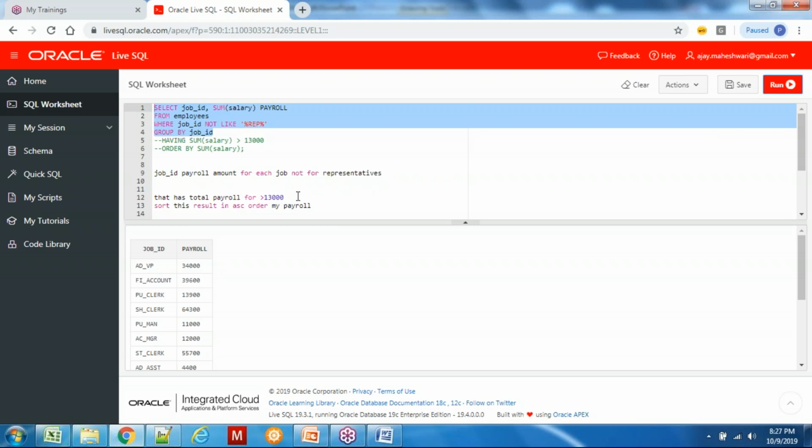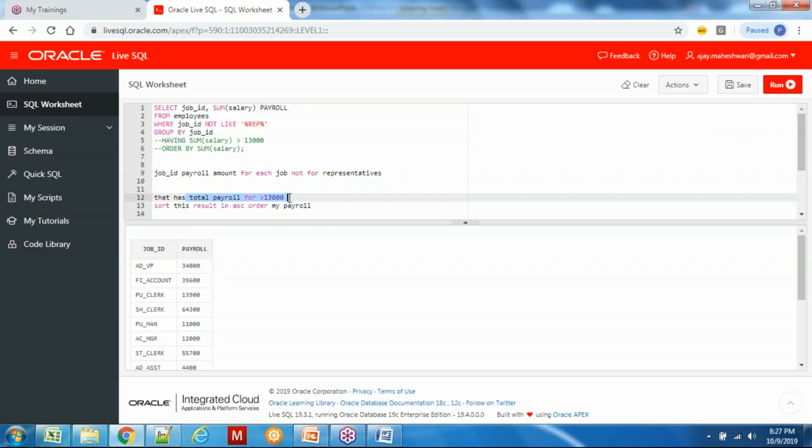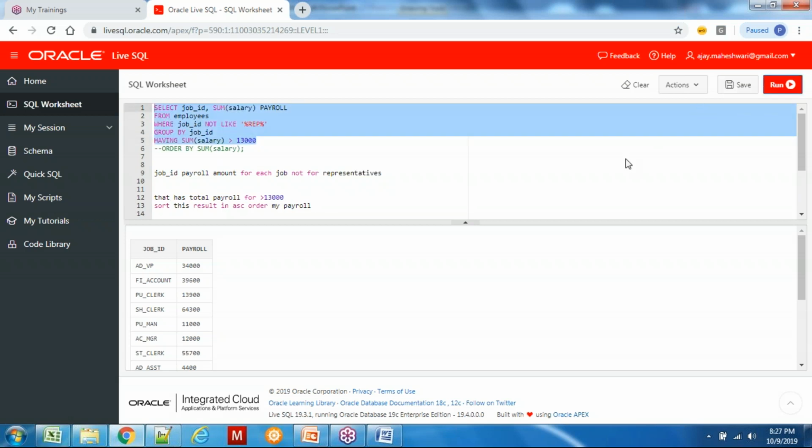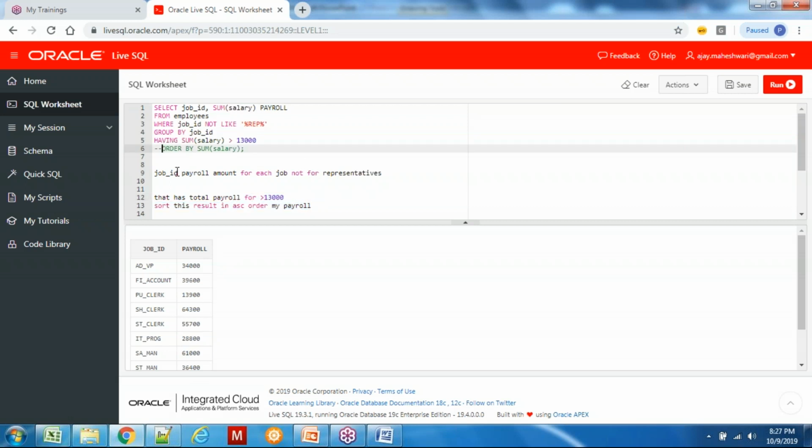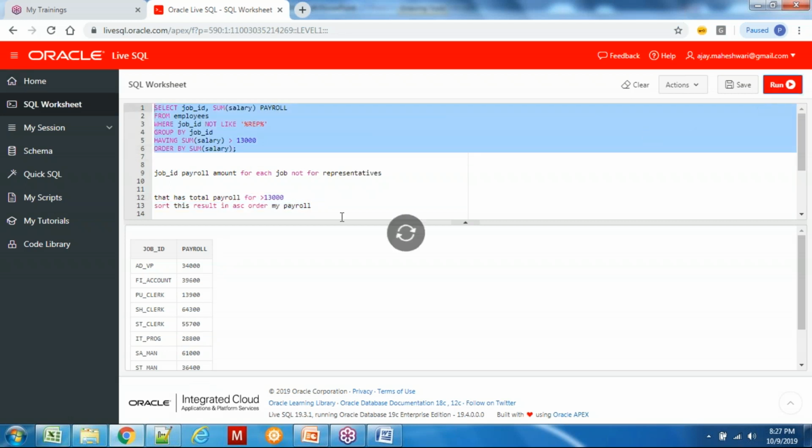And then after that, I know that I have to give the result only where the total amount of salary that I'm spending, the total payroll amount monthly, is greater than 13,000. Then I know I will put having, okay. So I have divided it that way. Then it says sort it in ascending order of my payroll, okay. Right now it's not sorted in ascending order because I can see this one should be before the others, right? So if I do this and then run it,